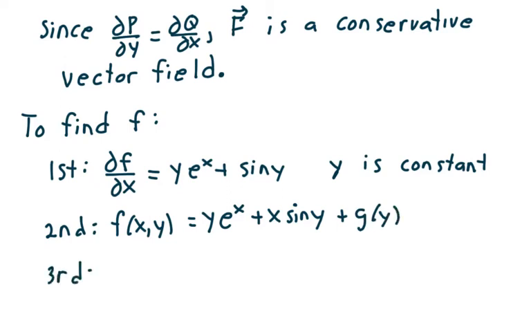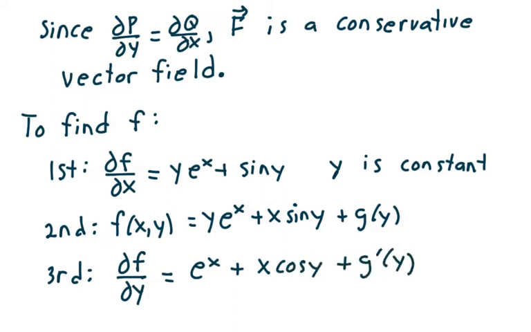Third, if I take the partial of f with respect to y, I get e to the x plus x cosine of y plus g prime of y. Notice I set the partial of f with respect to x to be the first component. I integrate, but I make sure to remember that y is constant. Then I'm going to differentiate, and then what I'm going to do is I'm going to set,